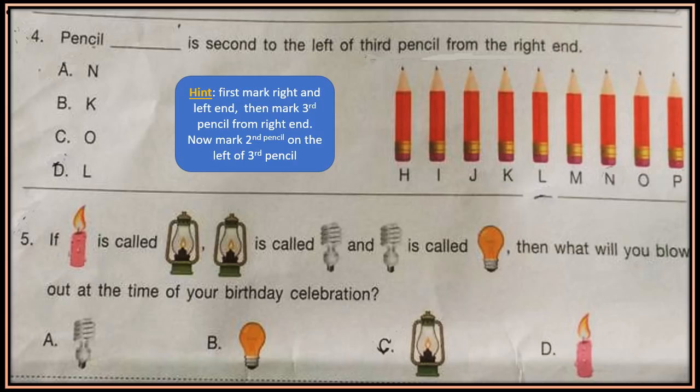Question 4th. Pencil dash is second to the left of third pencil from the right hand. Now see the figure. You have to find second to the left of third pencil from the right hand. Now see the hint. First you have to mark the right and left end and then